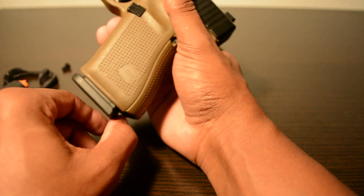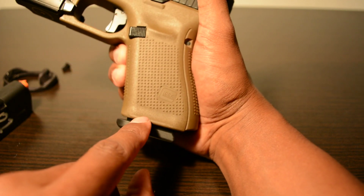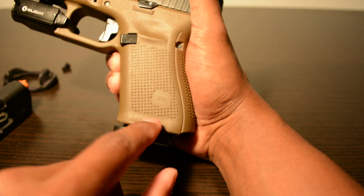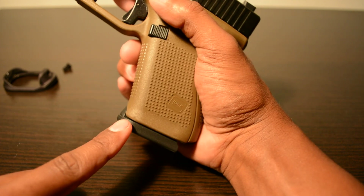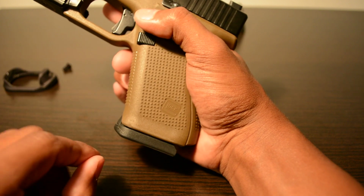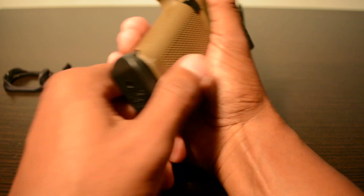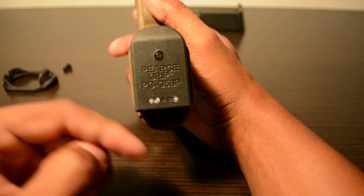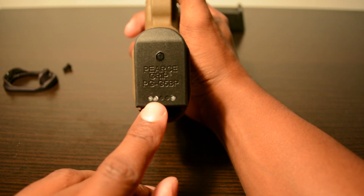So if you're worried about being able to rip out a stuck magazine, you can also go to a professional and have them drill this out here and give you a cutout on the sides that does not interfere with your grip very much. This is what you should get. It is under $15 on Amazon right now until Amazon decides they want to remove it from their website. I think it's definitely worthwhile. I'm not going to be able to link it down there because YouTube has issues with, you know, the thing. So other than that, this is it. The Pearce Grip